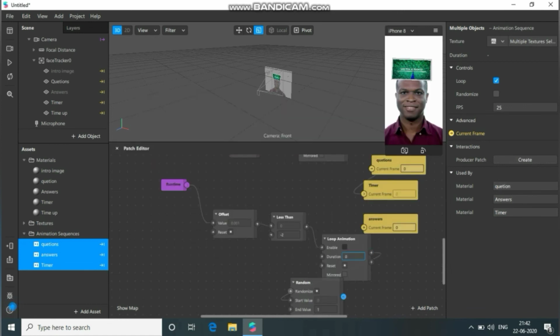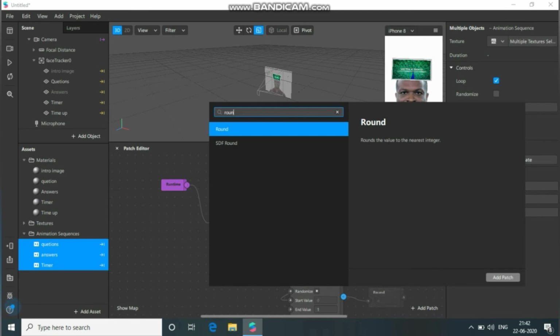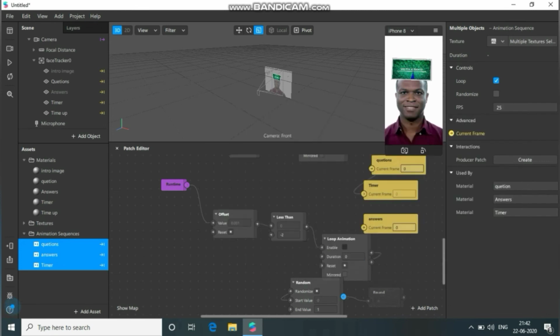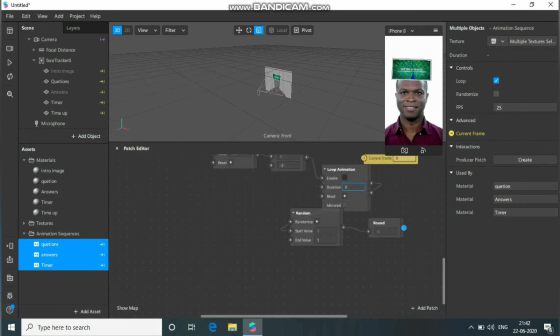From random connect round. From round connect delay.